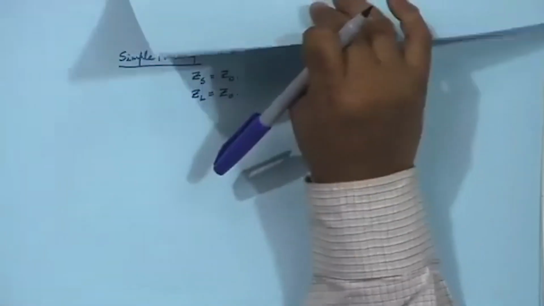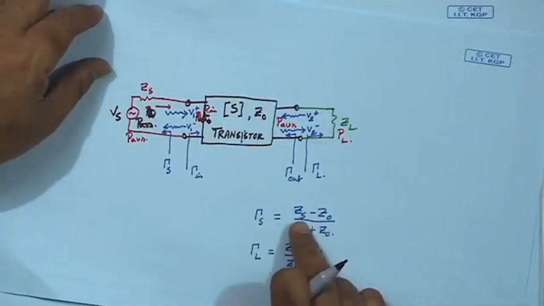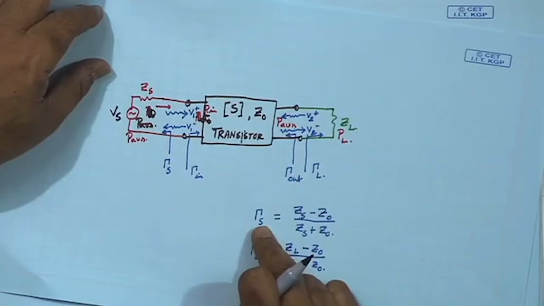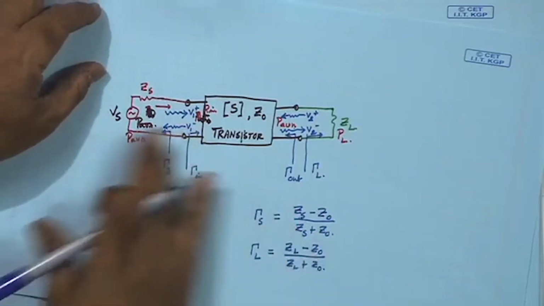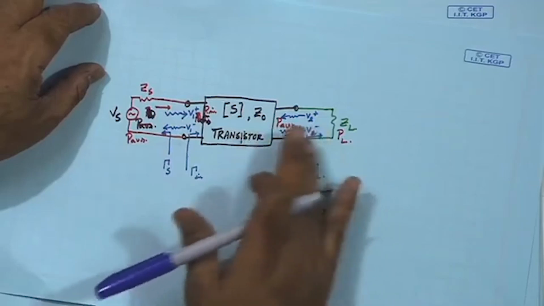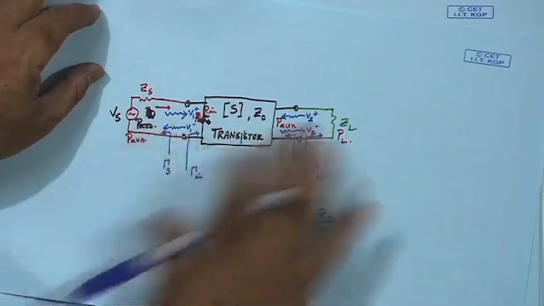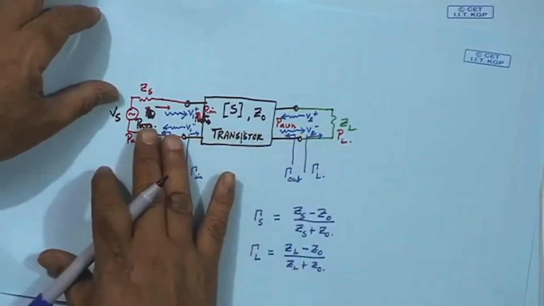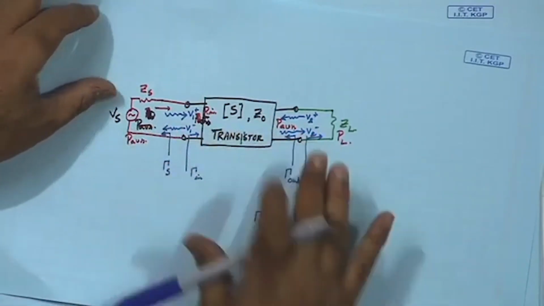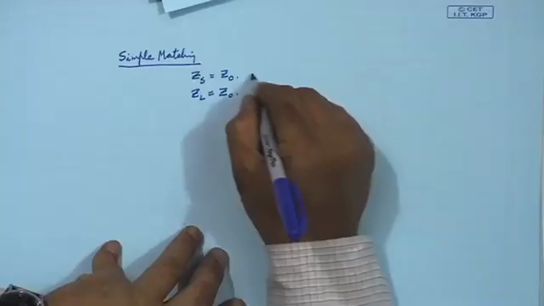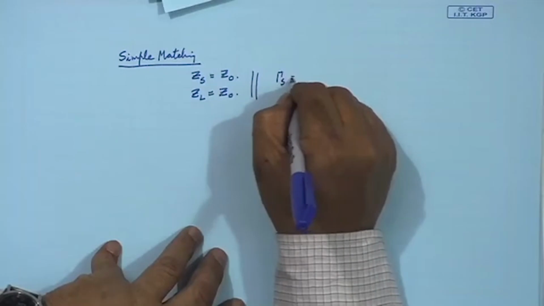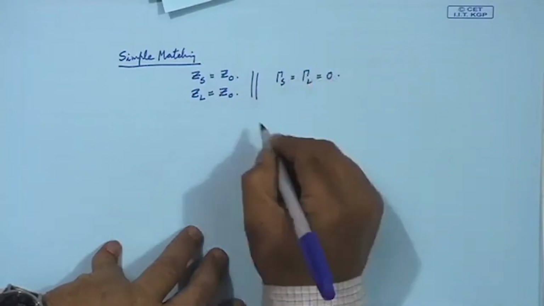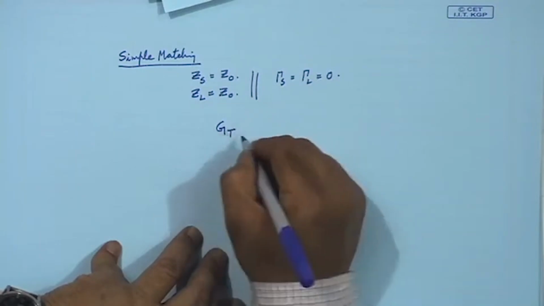But if you look at the expressions of gamma S and gamma L that we have done, if I have ZS equal to Z naught, gamma S will become 0. There won't be any reflection at the source, there won't be any reflection at the load, but that does not ensure maximum power transfer, that ensures less than maximum power transfer. But sometimes we just need to cut the reflection, we are not so bothered about maximum power transfer. So in this case, gamma S is equal to gamma L is equal to 0, and then what happens to GT